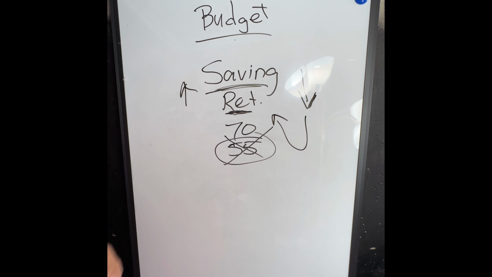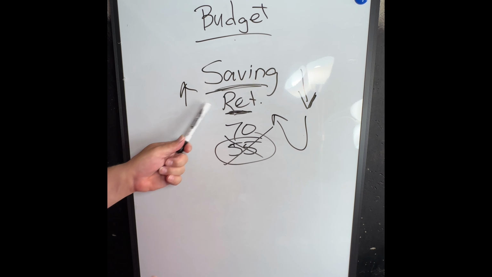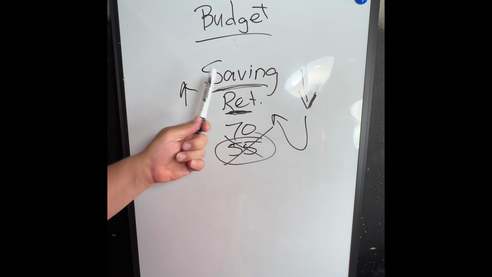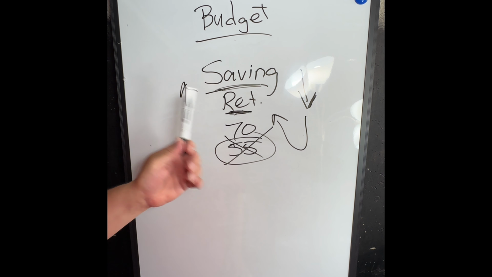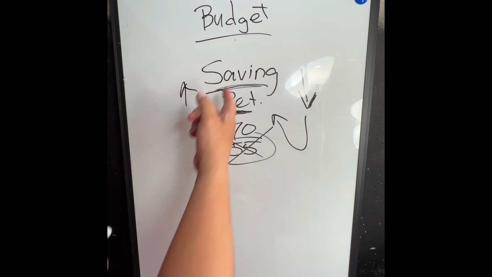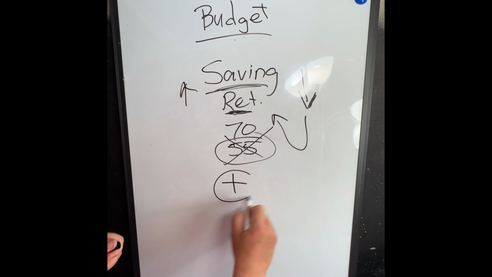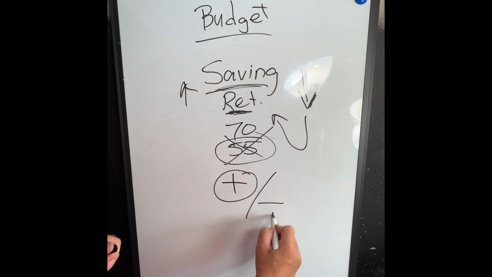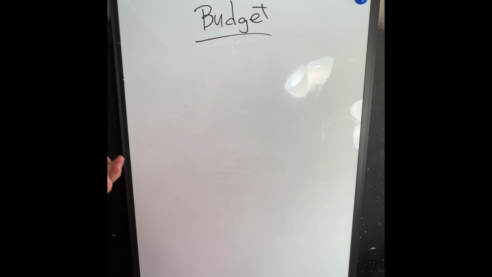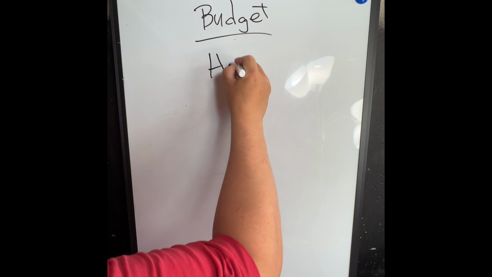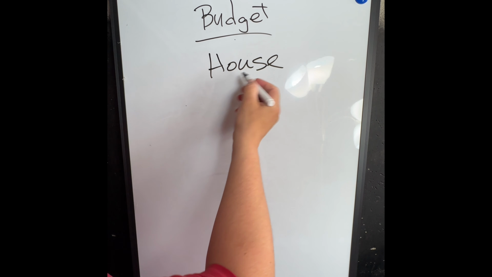So this is something that a budget can really help you start planning for, and is usually important as you go on in years. Maybe when you're younger, you don't see the same importance for it, but it is something that a budget is usually beneficial to help you set up and get more of these positives and reduce those negatives. Some of the other things a budget may help you do is save for a house. You can budget for a car,